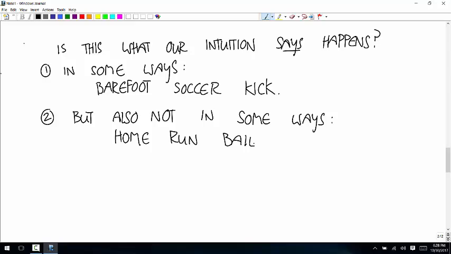Well, the truth is that, yes, in that case, the ball is applying just as big a force to the bat as the bat applies to the ball. The reason the ball goes flying is, well, there are a couple of reasons. One is that the bat is heavier than the ball, and the bat is connected to a 200-pound person, and the 200-pound person is